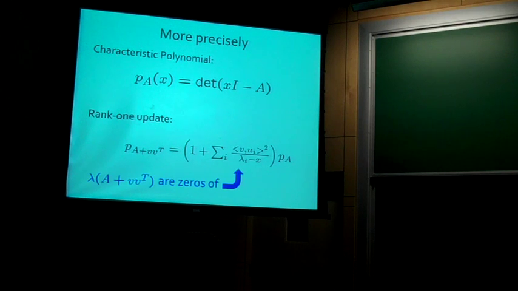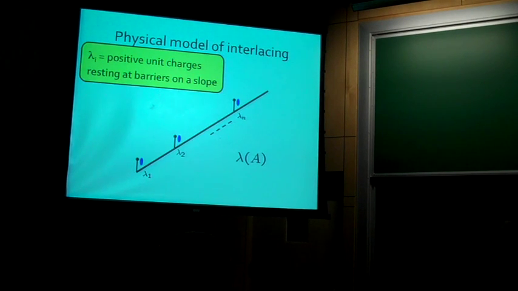So here's my physical interpretation. By the way, I should have said, my new eigenvalues are actually the zeros of this polynomial. Let me tilt this line. I imagine my eigenvalues lying on a slope. And I take my old eigenvalues, and I'm going to put a little barrier, one for each of the eigenvalues. Imagine it's a little pole that's charged. My eigenvalues are little balls resting against these barriers. So what happens? When I add a new vector, it is going to put a charge on some of these barriers. We're going to imagine that the charges repel the eigenvalues, but the eigenvalues are also weighed down by gravity.